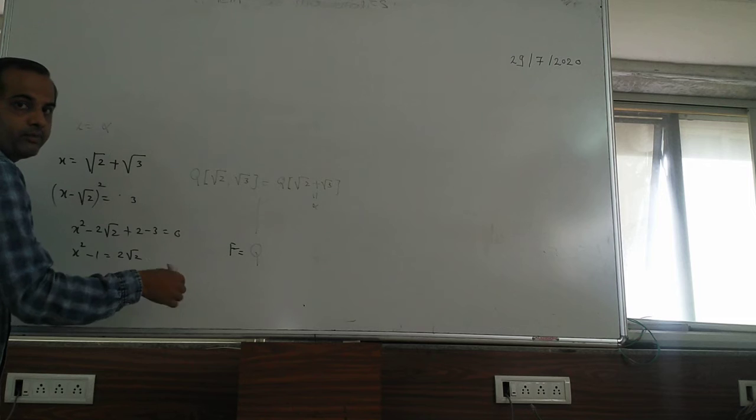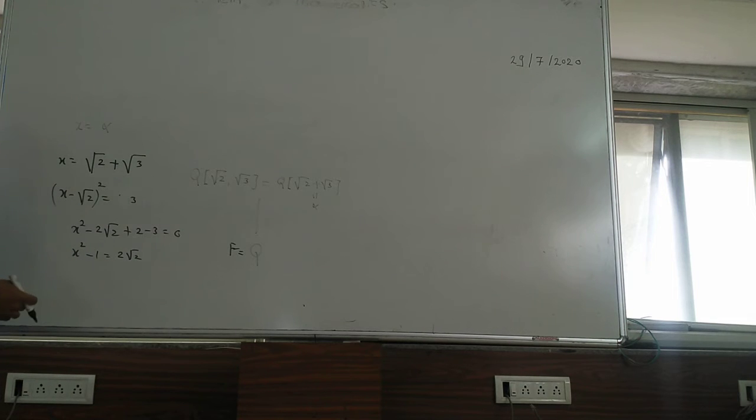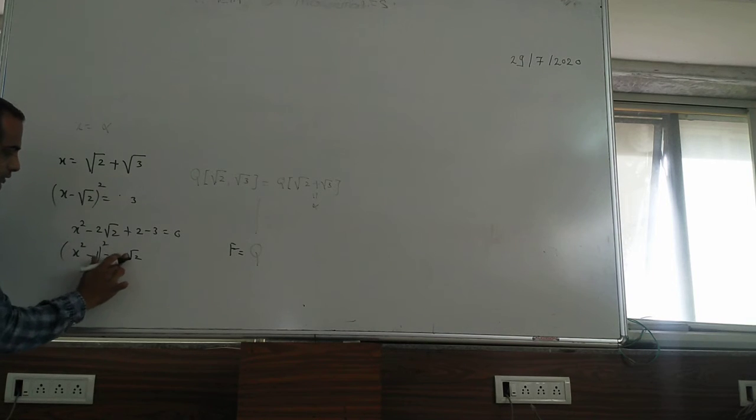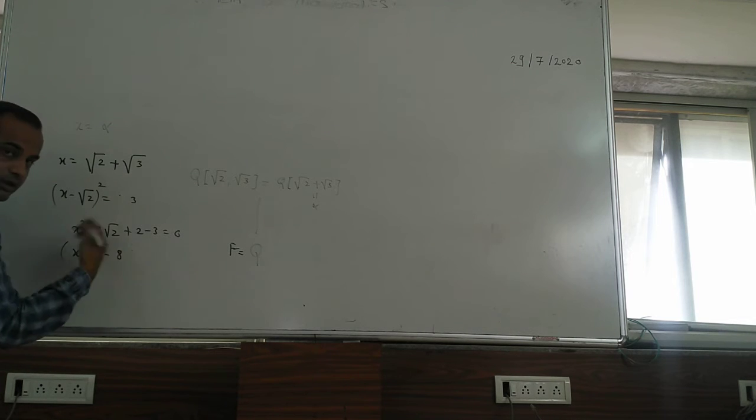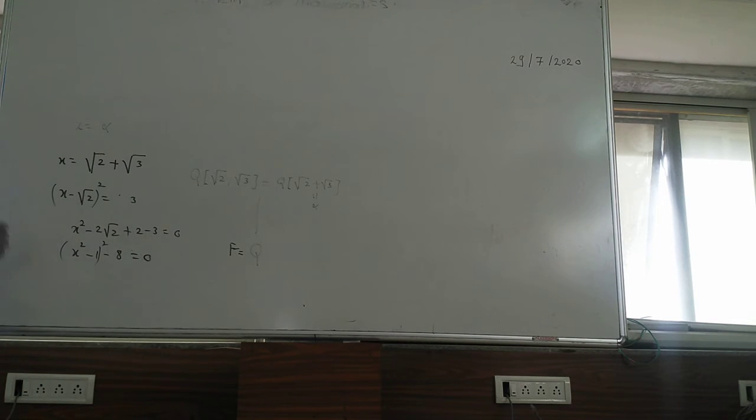So we have to find out a polynomial. Simple way. We can find out the polynomial. So root 2 is still there. Take the square. Once you are taking the square, it becomes 4 into 2, that is 8. Take to this side. Taking the square gives you a monic polynomial x raised to 4 minus 2x square plus 1 minus 8 equals, okay, x raised to 4. It's a monic polynomial. Okay? It's an irreducible polynomial of degree 4.